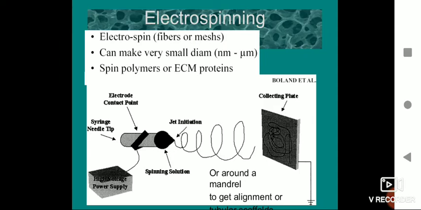In the syringe, we will have the polymeric solution, and at a very high speed the entire syringe is rotating, and under magnetic force, when the solution is sprayed from the syringe, you can see that because of the rotation of the syringe, the jet, which is the thin fiber-like structure coming out of the needle, will form a coil-like structure which can be collected on a collecting plate, and while collecting it will arrange in a mesh-like structure like your jalebi.